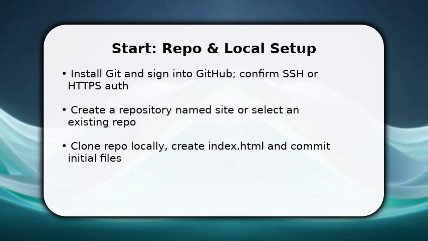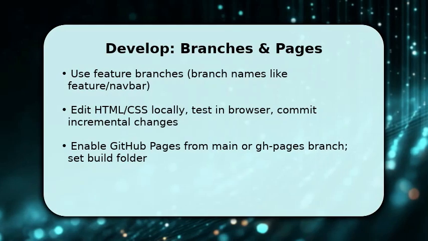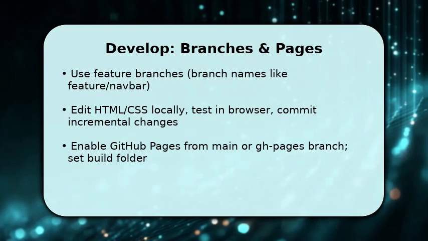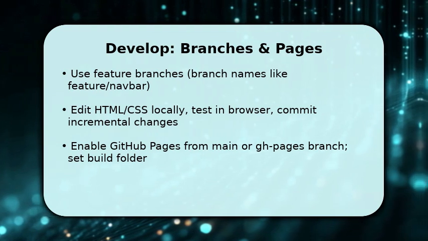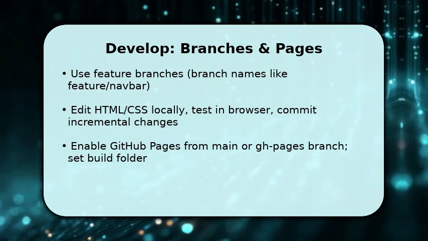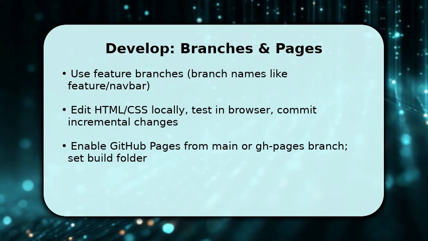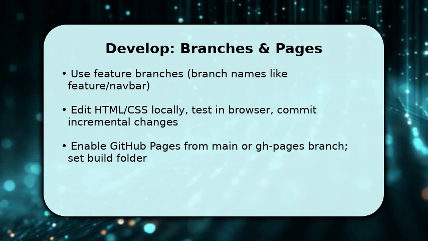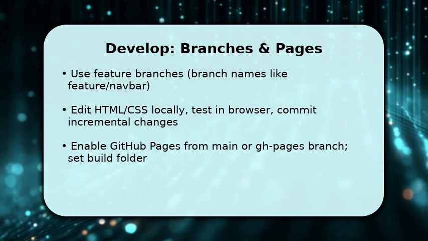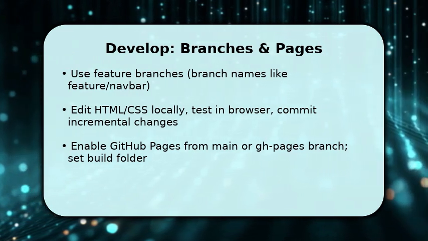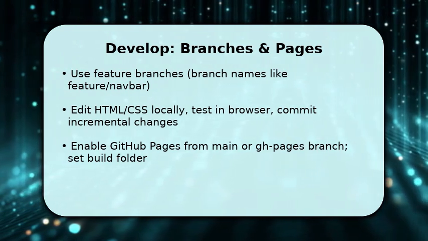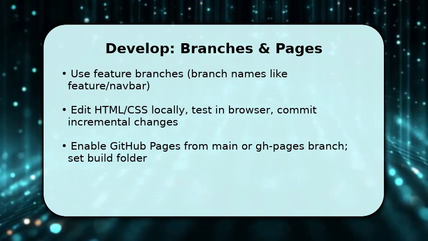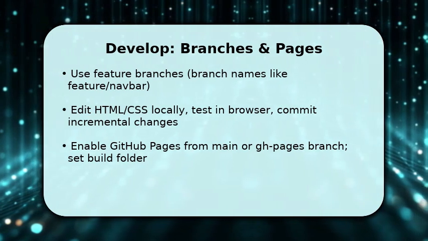You now iterate on the site using branches to keep work isolated. Create a feature branch, edit index.html and linked CSS, and test changes in your browser before committing. Once satisfied, push the branch and open a pull request to merge into the publish branch. This preserves history and enables code review. Make sure to enable GitHub Pages in repo settings and select the correct branch and folder so your HTML